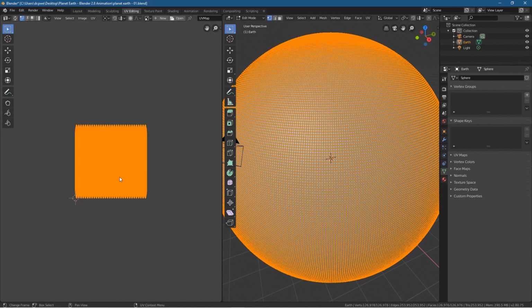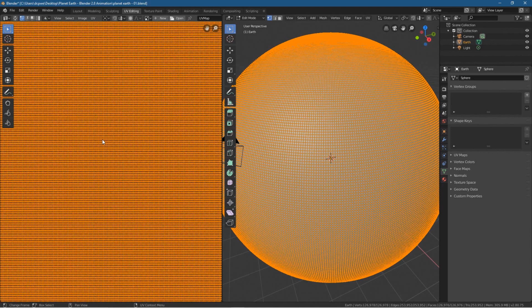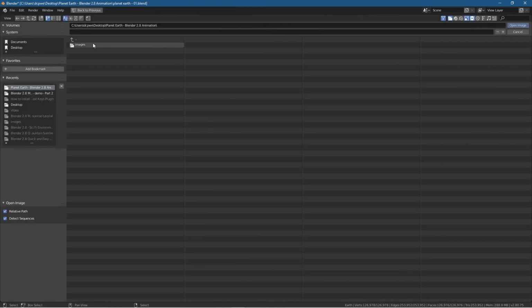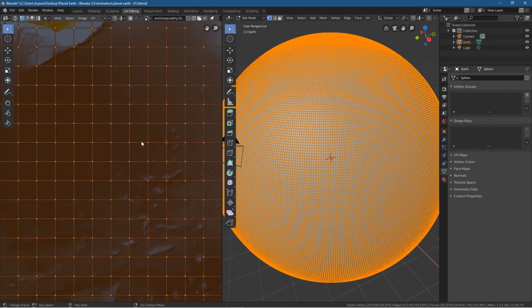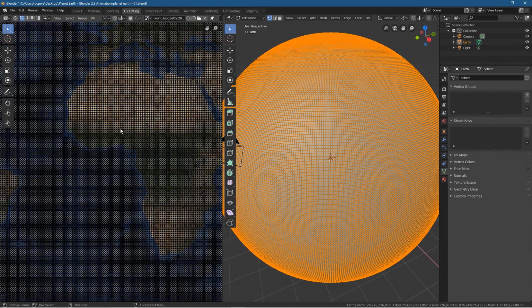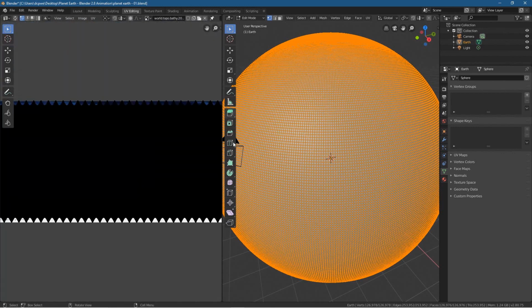So if I press A on this side, if I select it, press A, you can see it's already unwrapped the sphere automatically. So it does that automatically for you, just to note that it's going to do that. Now if we click open here and select image, and then select the world image, and then click open, you'll see that if I left click out, the map of the world is going to get projected onto this surface here, right? So if we were to go back to our layout,